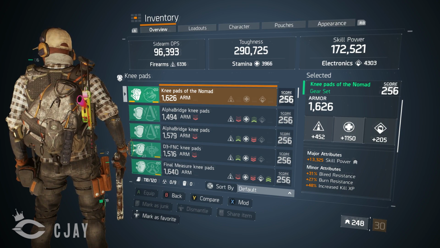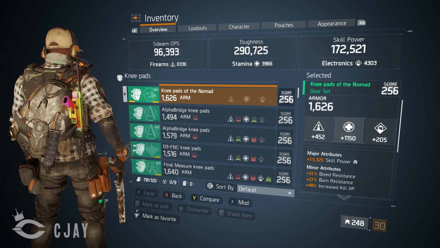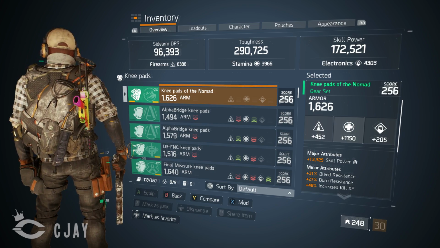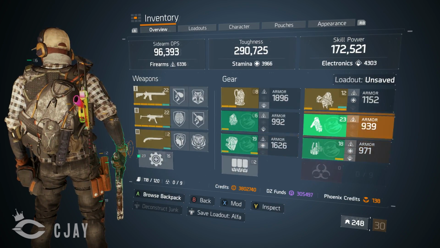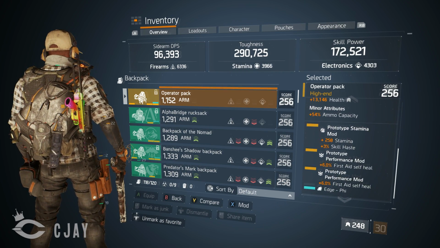That's kind of how I see it. But of course, if you want more damage, roll into firearms. If you want more electronics, roll it into electronics. So I just want to point that out. I'm running a specialized backpack, rolling to fire for the health, and a stamina mod with skill haste, and 2